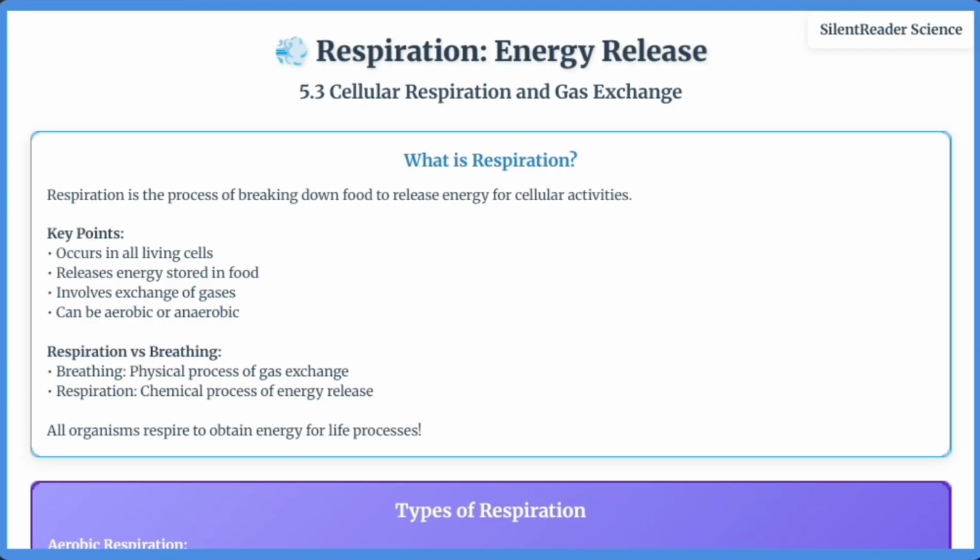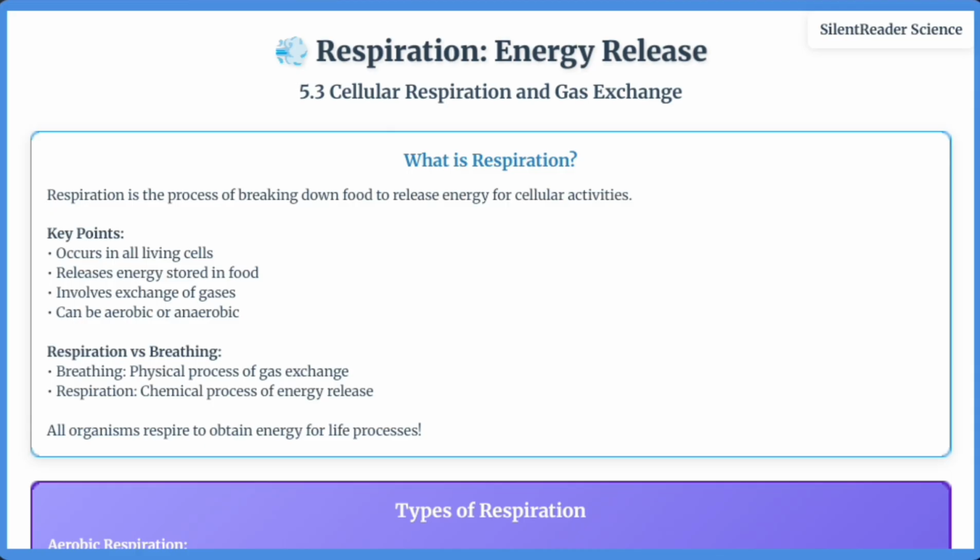release, or anaerobic, without oxygen for partial breakdown with less energy. Aerobic respiration produces carbon dioxide and water, while anaerobic respiration in muscles produces lactic acid and in yeast produces ethanol and carbon dioxide. The human respiratory system includes nostrils, nasal cavity, pharynx, larynx, trachea, bronchi, bronchioles, and alveoli where gas